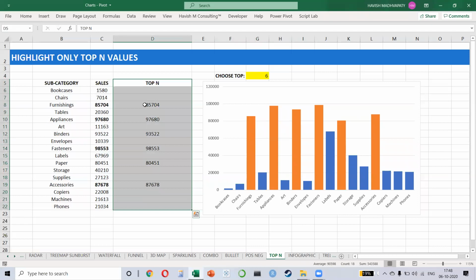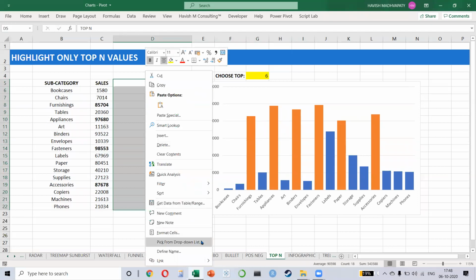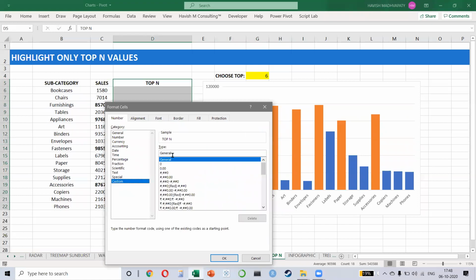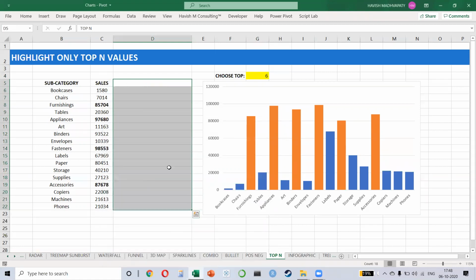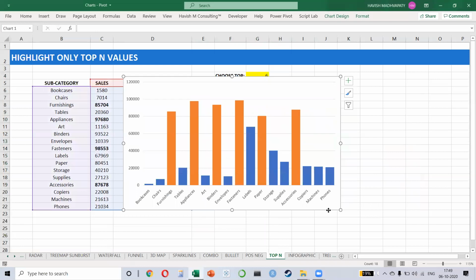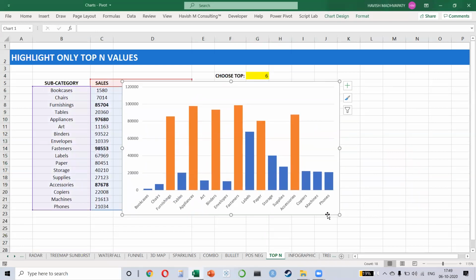And then how do you hide these calculations? Simply right click, go to format cells, and you can go to custom, and then in the type, just put 3 semicolons. Okay, 1, 2, 3 semicolons. And once you do that, these numbers will be hidden from the user. This is a good practice because you don't want to confuse the user by showing them the numbers. This is how you will present it, right?